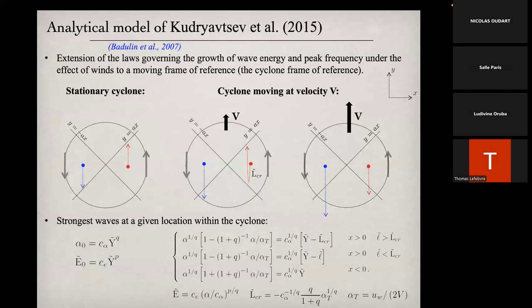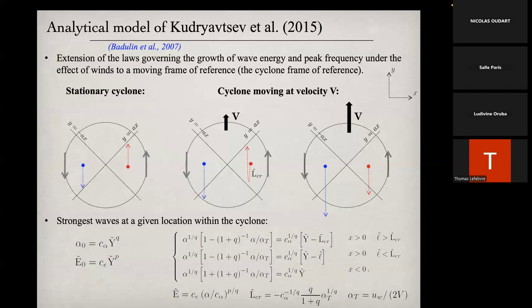But the fact is that this U-turn I have just described does not always happen. For example, if the cyclone is moving too fast, the velocity of the wave won't manage to reach the velocity of the cyclone, and it will just exit the cyclone at the rear. And so this Lagrangian reasoning